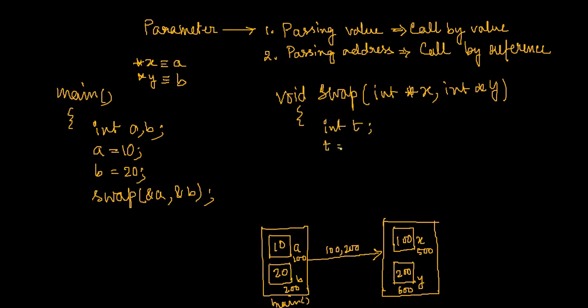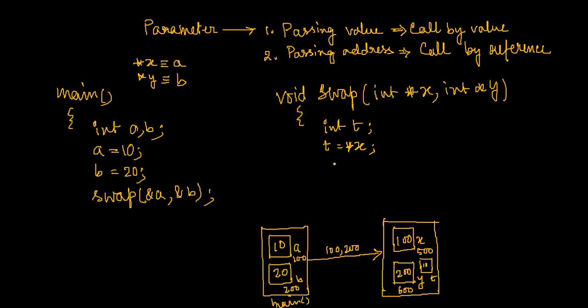So I will initially store the first value, that is 10, within t. But what I will write, I will not write x. If I write x, it will be wrong. Why? Because x, content of x is not a value. Rather, I want to store this 10 within this temporary variable. That's why I will write pointer x. So that means whatever content of a, that means if you see that I have one more variable t over here, so what will happen? This content of a will get stored over here, 10.